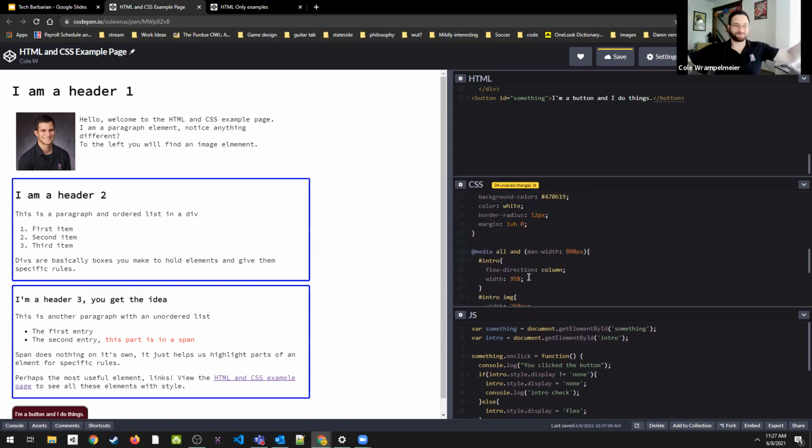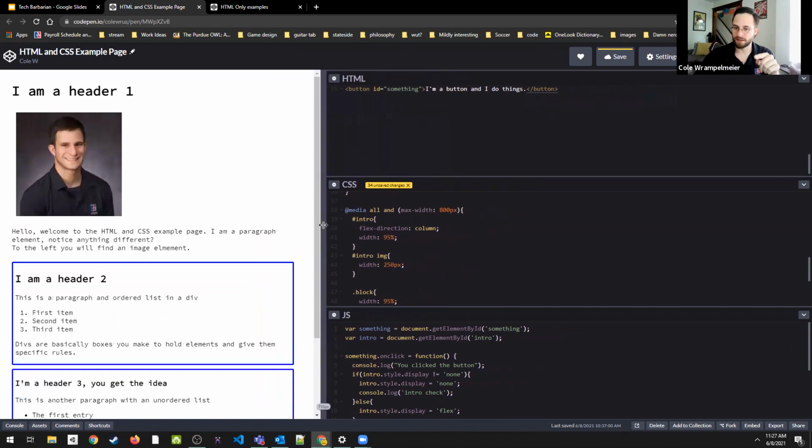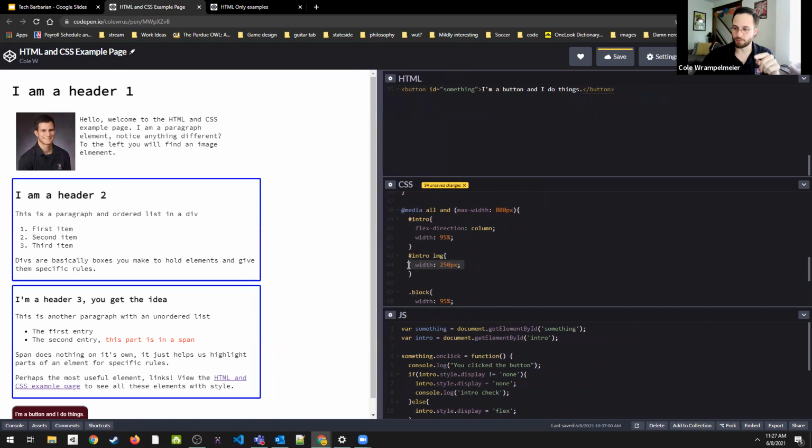So that's a lot. I know that's like throwing a whole lot at you, but that's how CSS has rules to change all of this. And you can see here in this media query, I can set a parameter here, max width 800 pixels. And then I'm giving new rules to the intro. So I'm saying, hey, I want the image to be smaller, because otherwise, if I didn't do this rule for the image, whenever I hit that size,